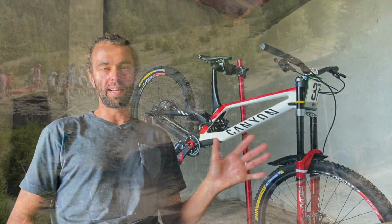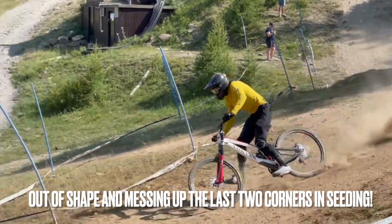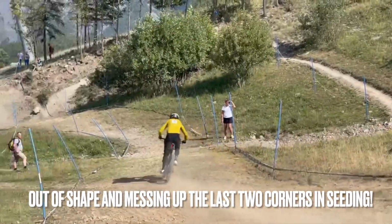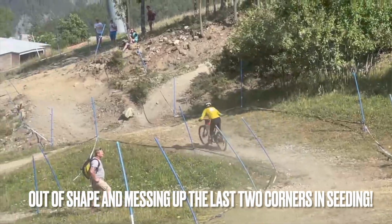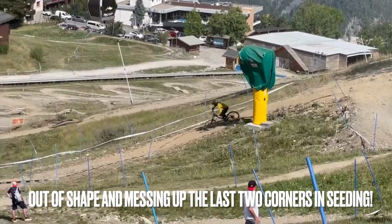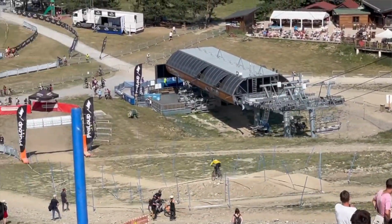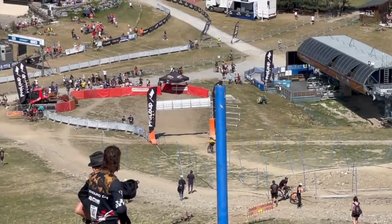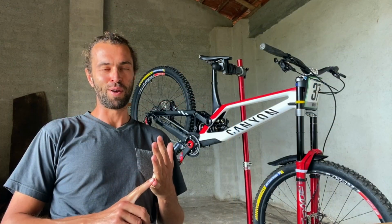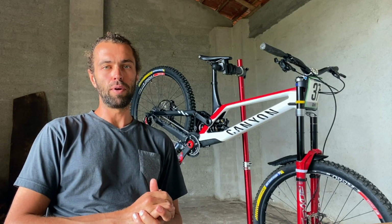So I ordered the Sender in a last minute panic to go and race the Masters World Champs in Pra Loup in France, which is about 3.5 hours away that direction. I decided to do this about 3 weeks before the race. The bike arrived 2 weeks before the race, and I was definitely overly optimistic about how fit and skilled I was, and under optimistic about how good the other riders were. I really thought I had a chance at getting a medal, but